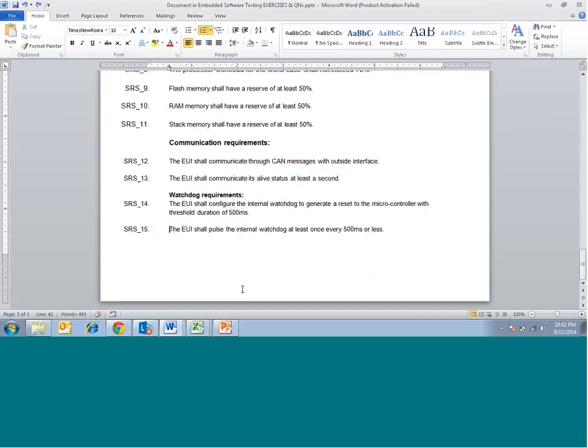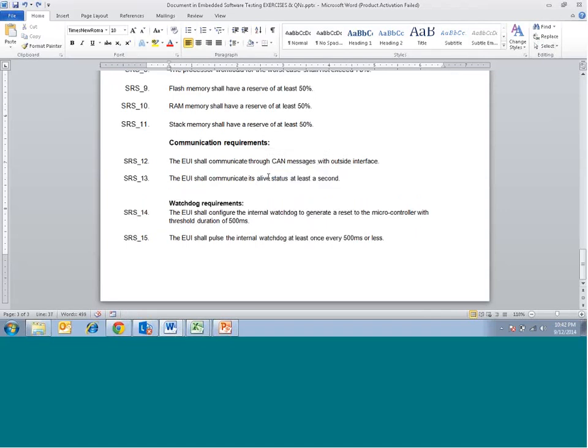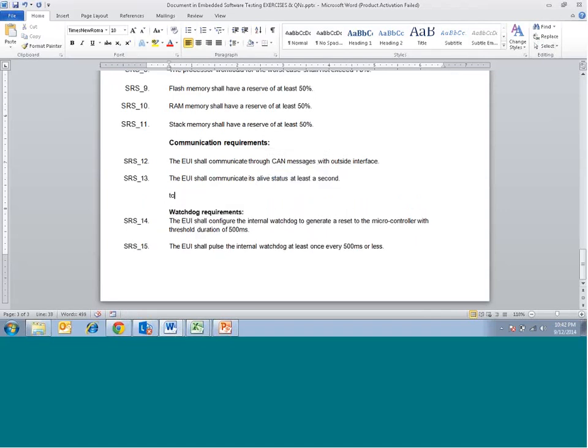We can combine these requirements to have multiple cases under one group, saying that proving this also proves that it is communicating and it is also communicating its status at 1 second. So it is just a validation basically. There is no verification, like there is no input that we can tweak or modify. So what sort of test cases can we have? Test case 1 will have